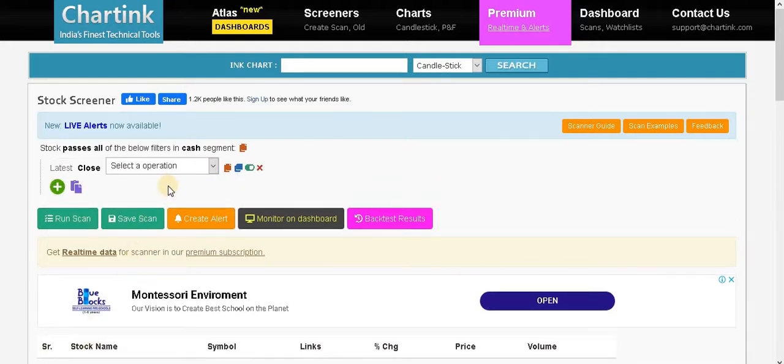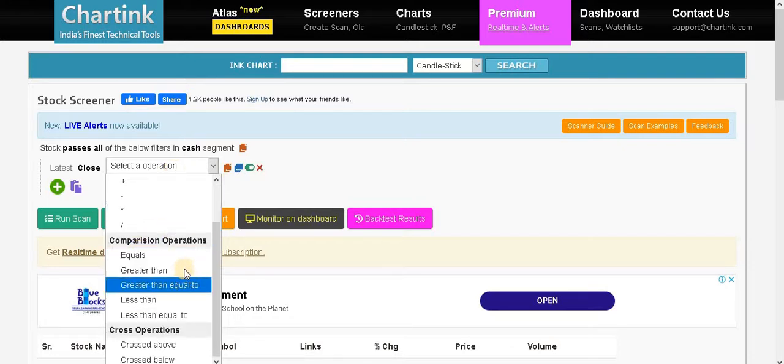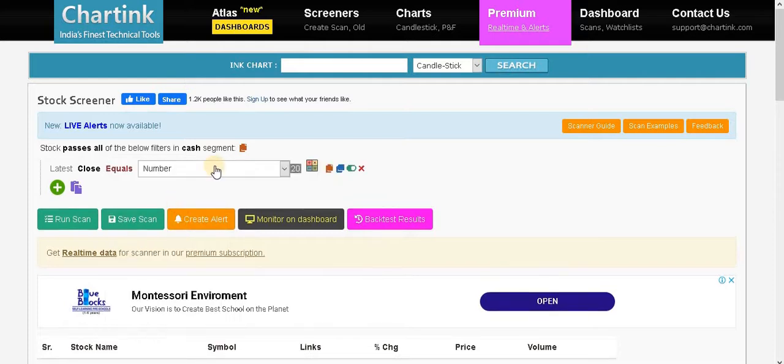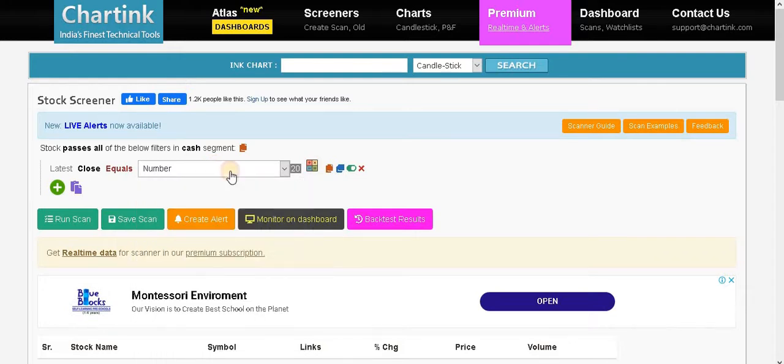Once you are done with close, it says select the operation. That is equals. Then it's asking us for the number. We should set the number over here. The number will be 0.